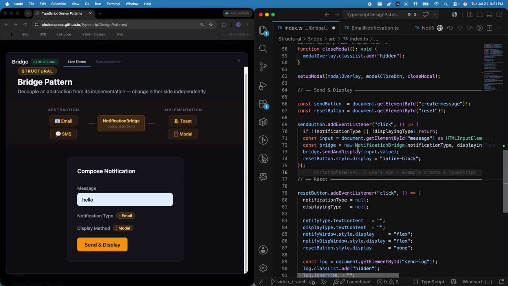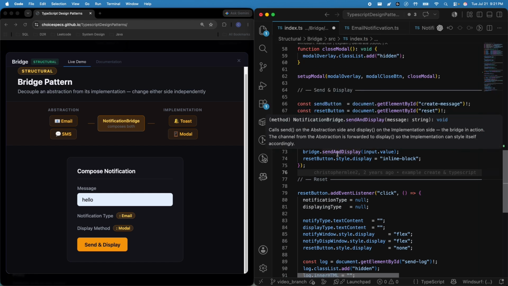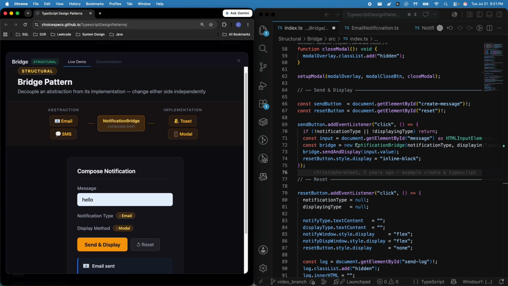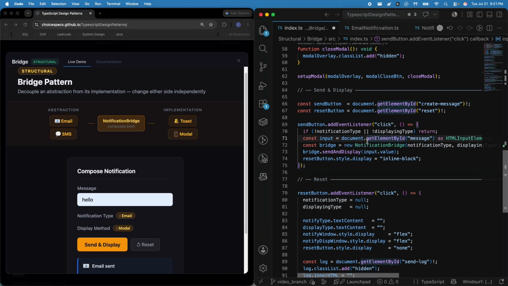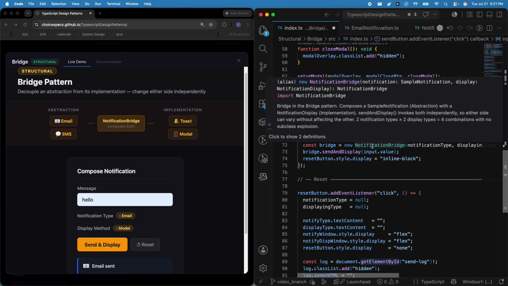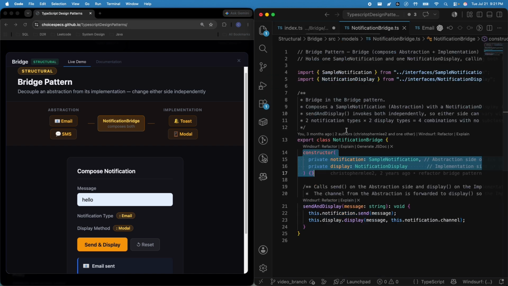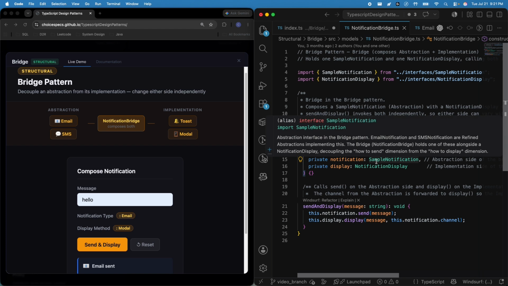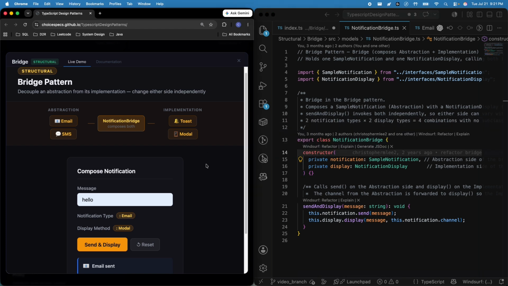Right here, we create that bridge, send and display. So then that will create these different implementations: the email implementation, as well as for here, the modal implementation. Those two things get connected together. And this is just one way to do it. There are other ways that we can connect these two things together, but the biggest idea is that through this bridge, we will want to have those different types of